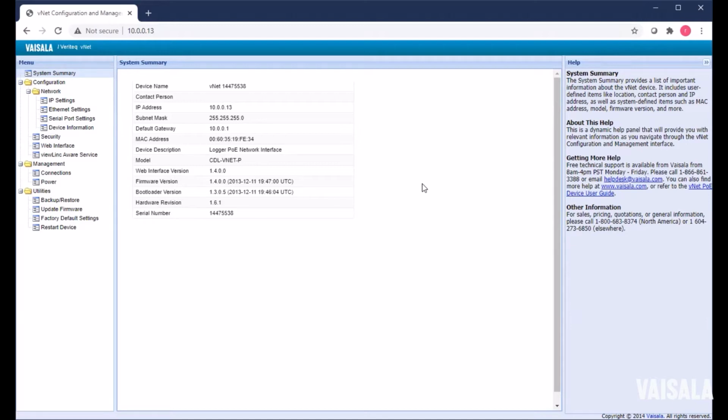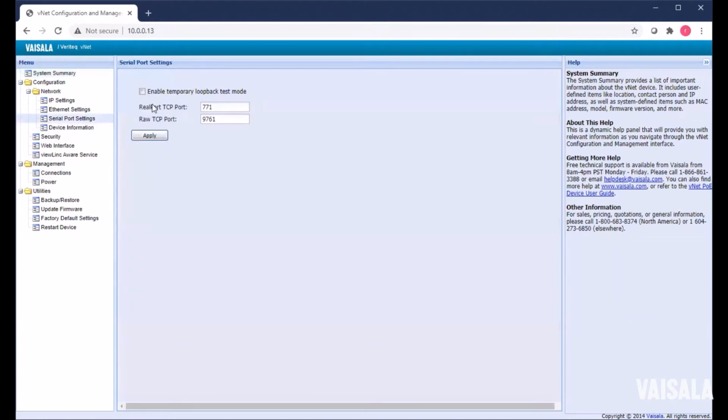Now, what you need to do next is to actually install a driver on the server that maps this network device to that computer. So basically, the server is going to talk to this VNet device on this IP address, and then access the serial information that's accessible through the serial port on the VNet.